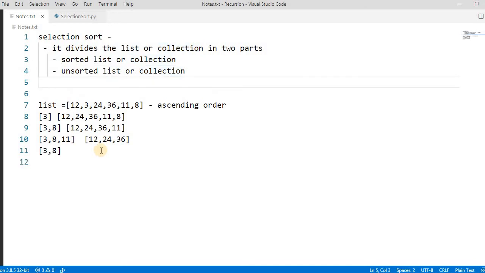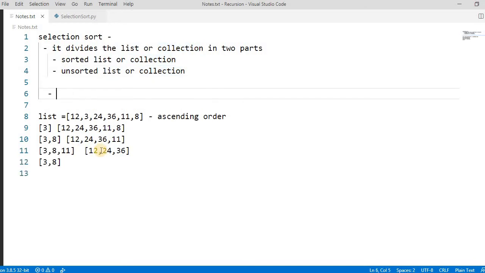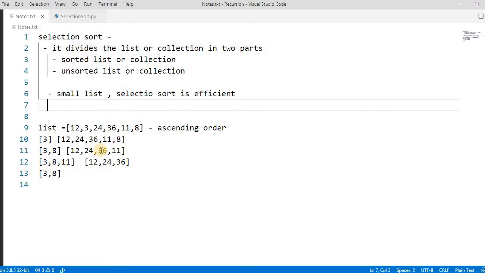A disadvantage is that it will not work well on a very large list. For a small list, selection sort is efficient, and if you have a small list or a small number of elements, it works correctly, right?